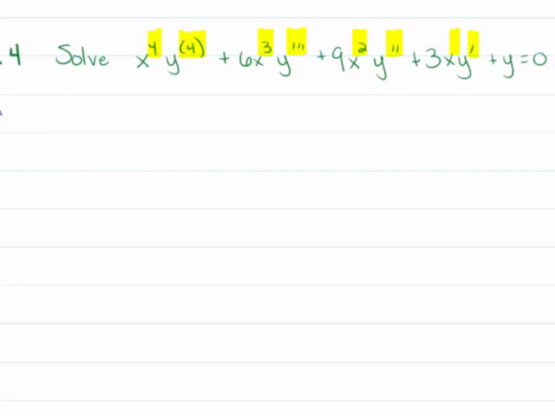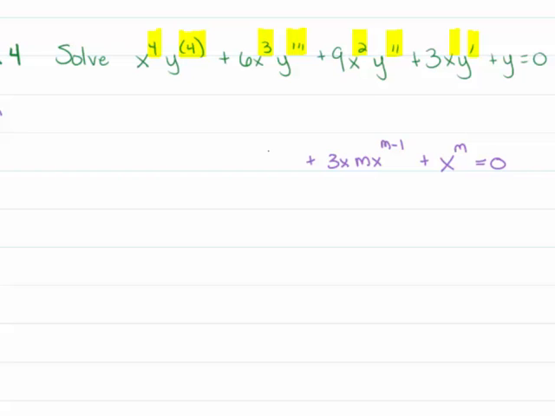And then we can see we have 4 derivatives. So everywhere that I see one of these, and in fact, I'm going to go ahead and write this out. I'm going to insert x to the m for y and m x to the m minus 1 for y prime, and so on and so forth down the line. In fact, I'm going to write this backwards so you can see it. So instead of y, I'll have x to the m. And 3x times, instead of y prime, I'll have m x to the m minus 1